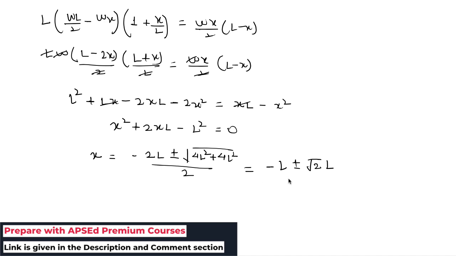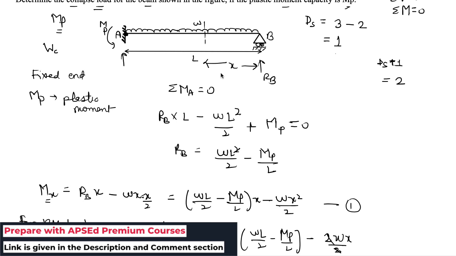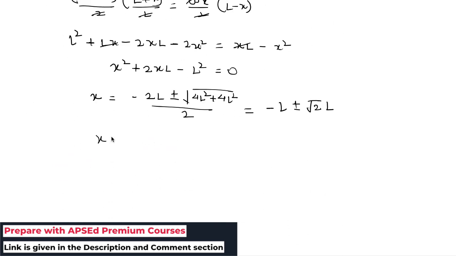Now if the value of x is negative, then it will have no significance, because in our consideration x is positive. So from that we can say x is equal to minus L plus root 2 L, or